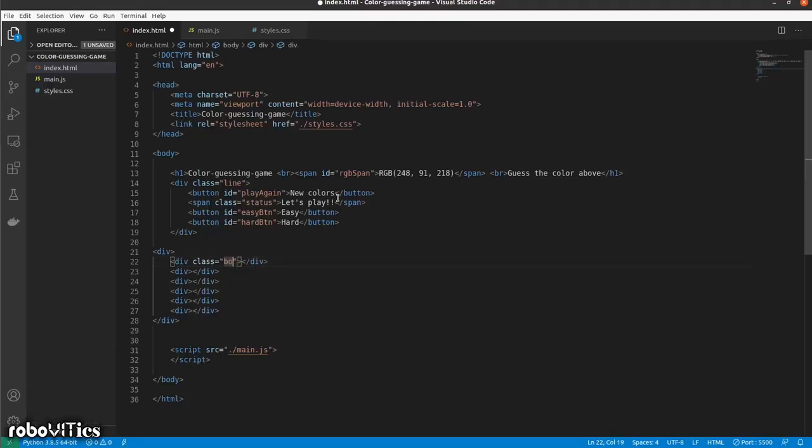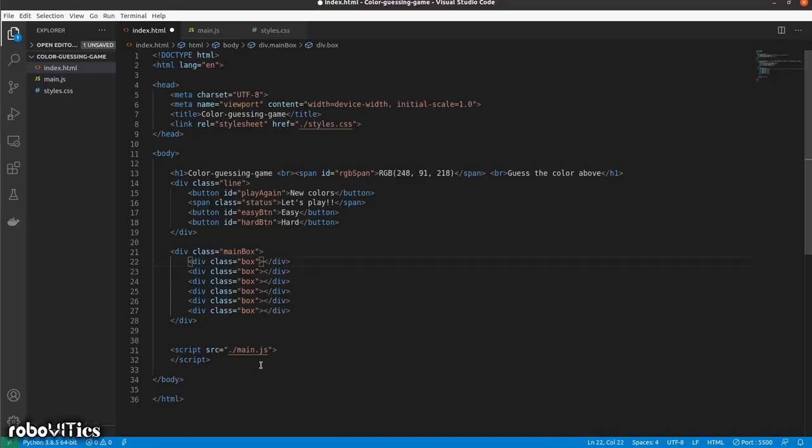So class box, and just so that I make things a little faster, I'm going to copy and paste this 6 times instead. And over here let's mention this having a class of, say, main box. Now you could have named it anything. I've just named it based on what I feel comfortable. You could name it as, well, color box or anything of your choice.